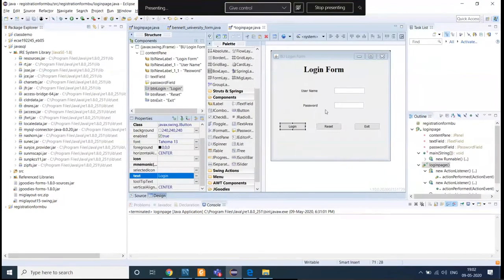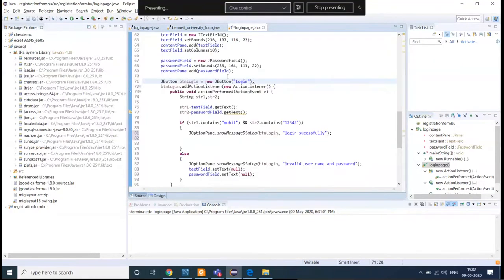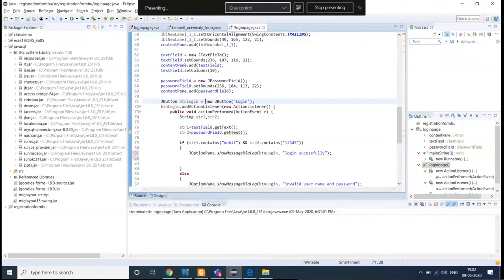Okay, one more thing I want to tell you, that component is also important. That method is also important, that is on the text field. Let me show you. There is one more method on the text field. As you already know, a text field is an object which refers to our text field.